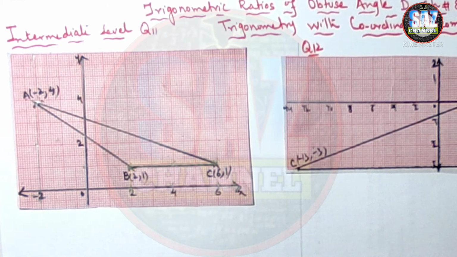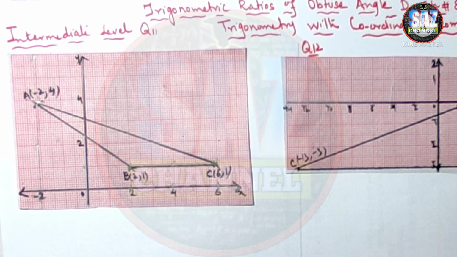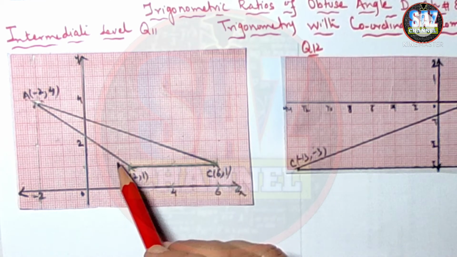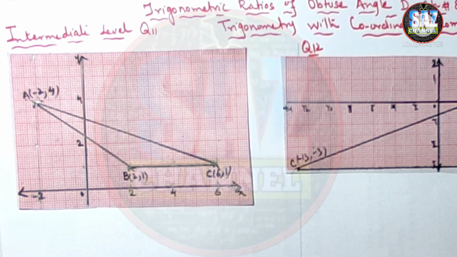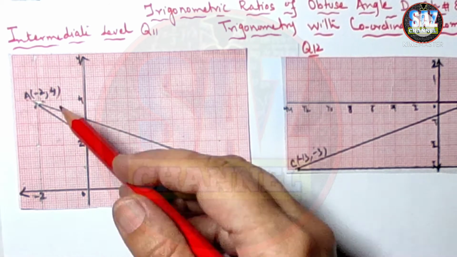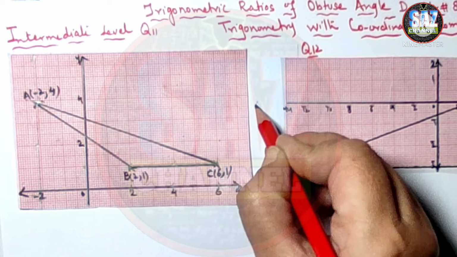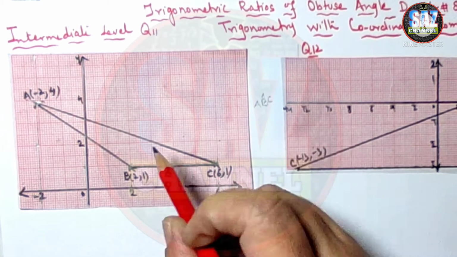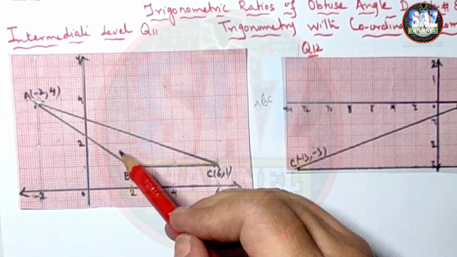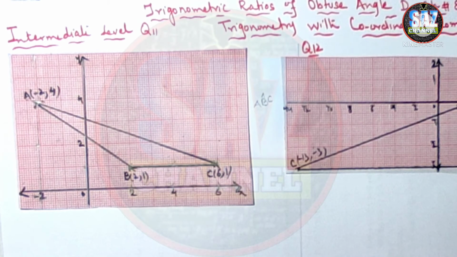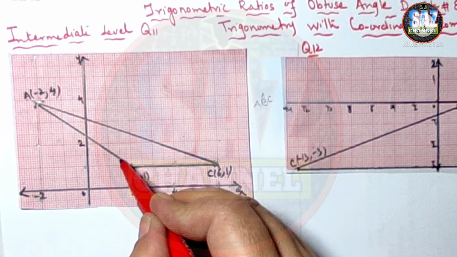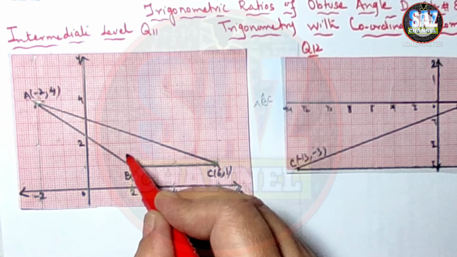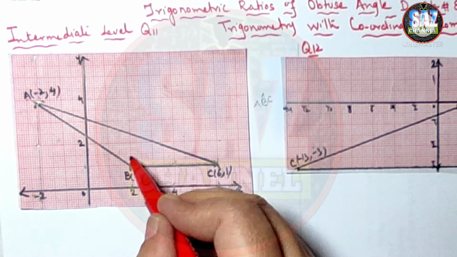We know that the trigonometric ratios are the ratios of the sides of the triangle, and the triangle has to be the right angle triangle. And the situation which is given to us, the first requirement of the question is sine ABC angle. If we look at the formation of ABC angle, it's an obtuse angle. And recall the trigonometric ratio: sine of obtuse angle equals the sine of adjacent acute angle.